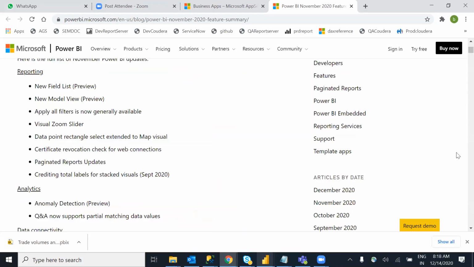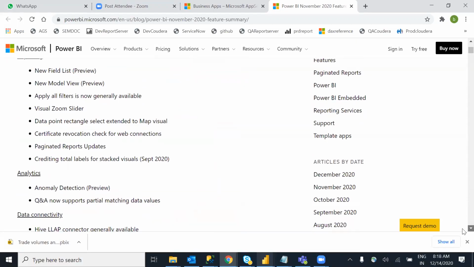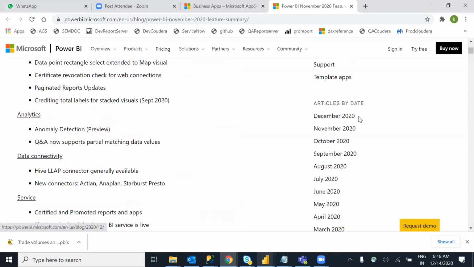If someone asks which version of Power BI you are using, you can answer from here. The December release has also come, though not yet officially released, and you can see what features are going to come. You can tell the month and the year. For example, if you are in December and going for an interview today, and someone asks which version of Power BI you are using, you can say November 2020 or October 2020. There is no particular version number. You have to tell a month and a year.